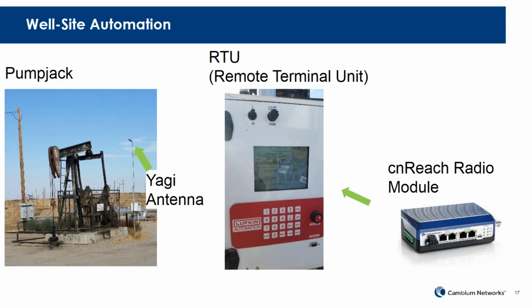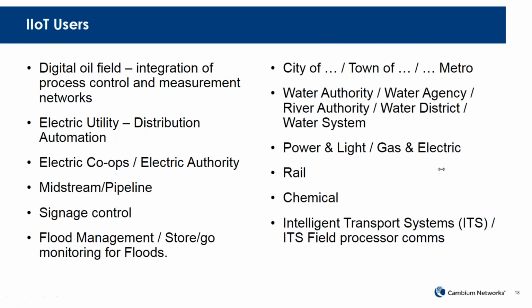And then if you were to open up that door, you would see inside there one of Cambium's radios, a ePMP Connect and Reach module. And that radio is taking all of the outputs from that RTU, or all the sensors, and sending it over the air back to the cloud. So, feel free to ask any questions if you like along the way here.